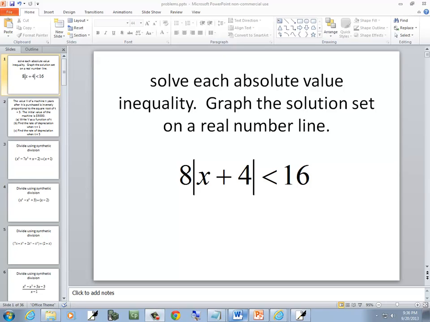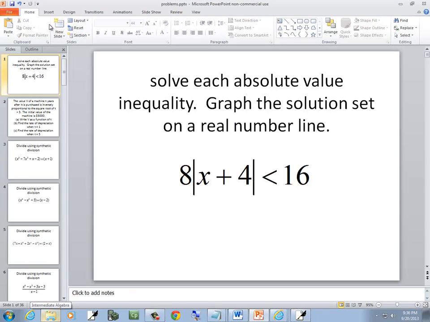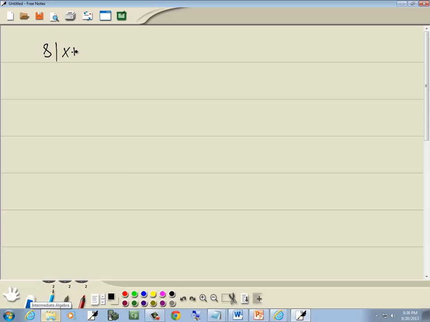In this problem, we want to solve each absolute value inequality and graph the solution set on a real number line. So we've got 8 times the absolute value of x plus 4 is less than 16. Now the absolute value has to be by itself on the left side, and this one